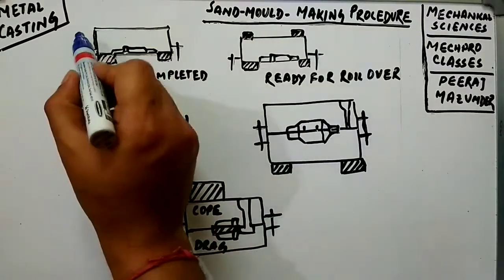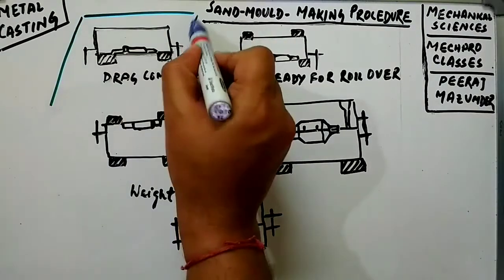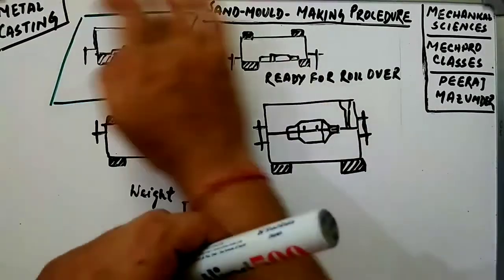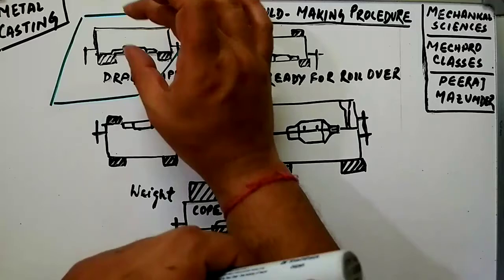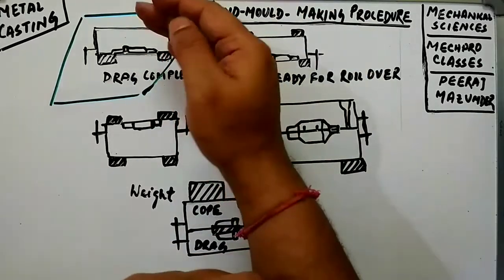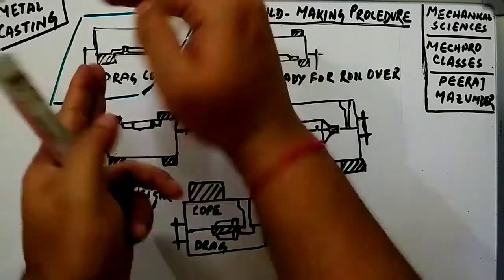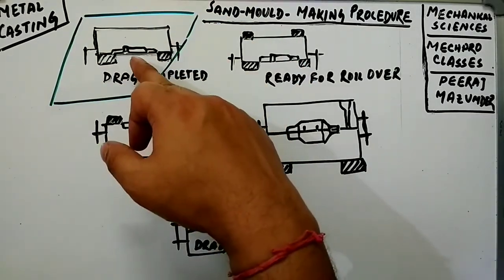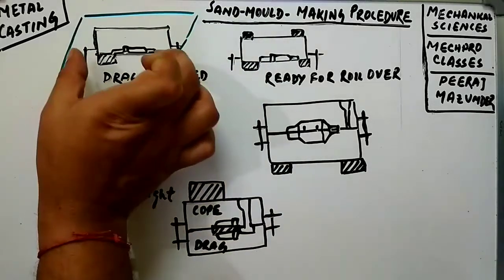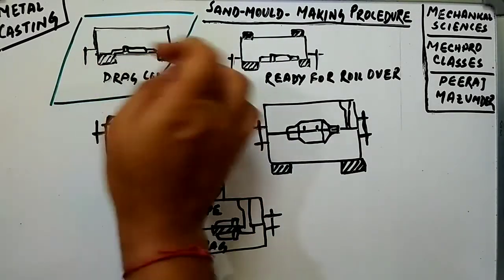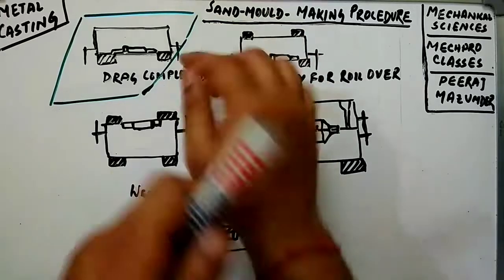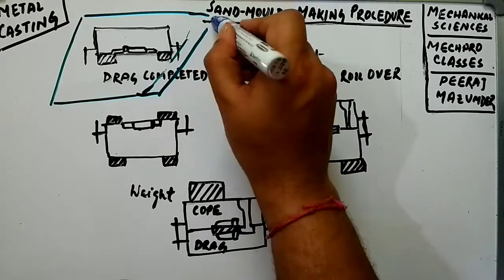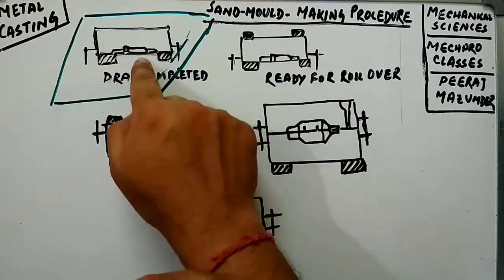Say this one is your bottom side. Okay, so this is the bottom board and you have to put the drag molding flask in the upside down position on the bottom board, along with the drag part of the pattern at the center of the flask, at the board center. You have to keep it at the center. This is not the center actually, this should be somewhat offset. Say this is the center, so you have to keep it at the center.